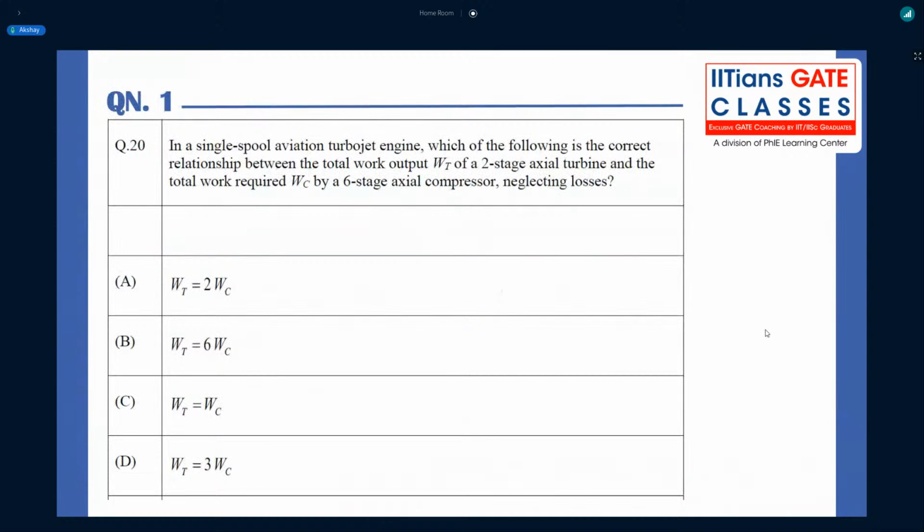Question number 20 from the paper. In a single spool aviation turbojet engine, which of the following is the correct relationship between the total work output WT of a two-stage axial turbine and the total work required WC by a six-stage axial compressor, neglecting the losses? It's very interesting. So the first part we are going to see here is